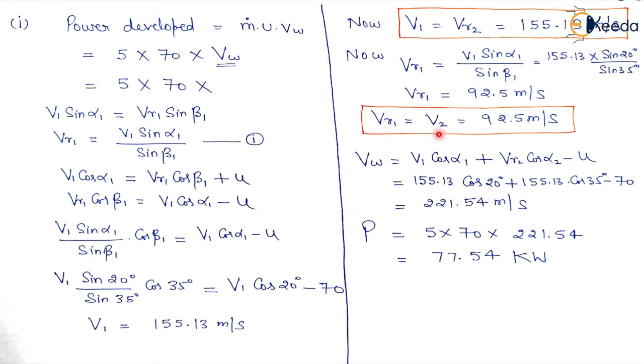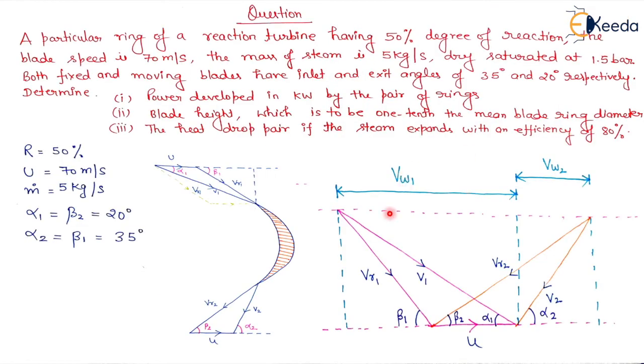So VR1 is equal to V2, that is equal to 92.5 meter per second. Now we have to calculate VW. And what is VW? In this case, VW is equal to VW1 plus VW2. What is VW1? It is V1 cos alpha 1 plus